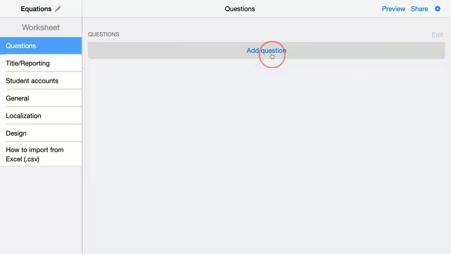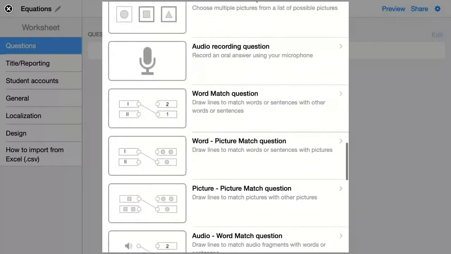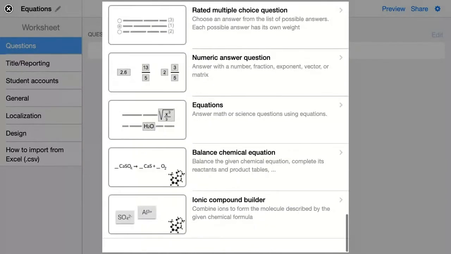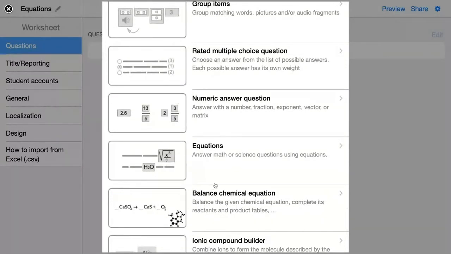Hi guys, today I'm going to show you the newest question type we've recently added to BookWidgets. It's a brand new question type, just 1 week old, and it's called equations. With this question type, students can answer your equations, so they can do some math using math symbols